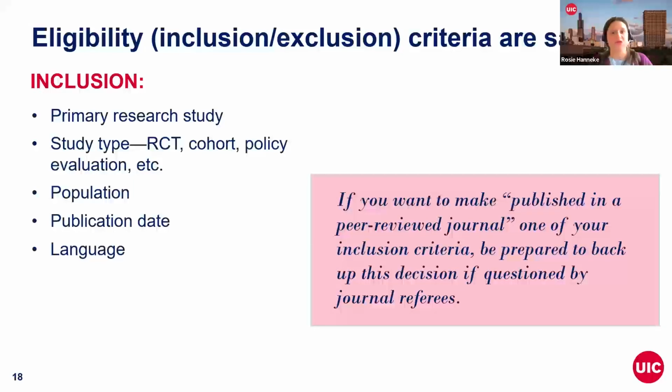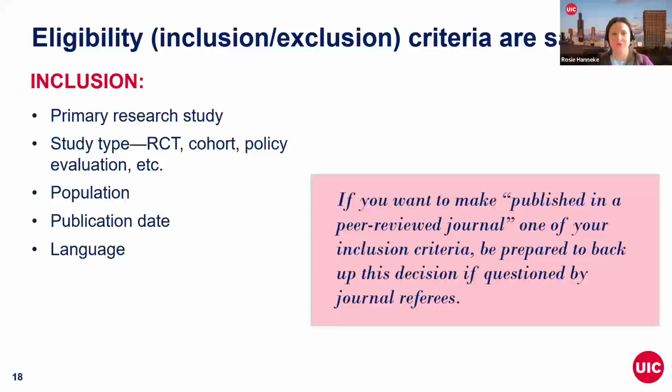Meaning that if your inclusion criteria are that you want to find only primary research studies that look at a particular intervention with a particular population, your gray literature, if you want to include it, must also meet those same criteria. You're not going to include things like news summaries of a study. You really only want to include a study itself. You don't want to include websites about research. You want to find the primary documents